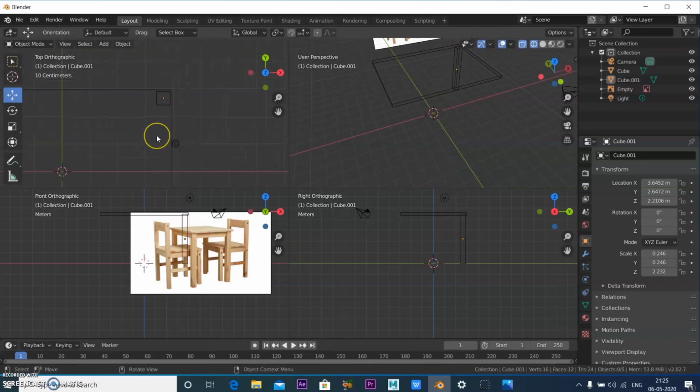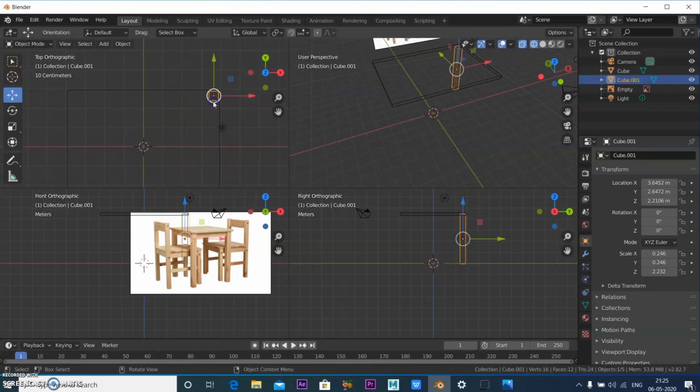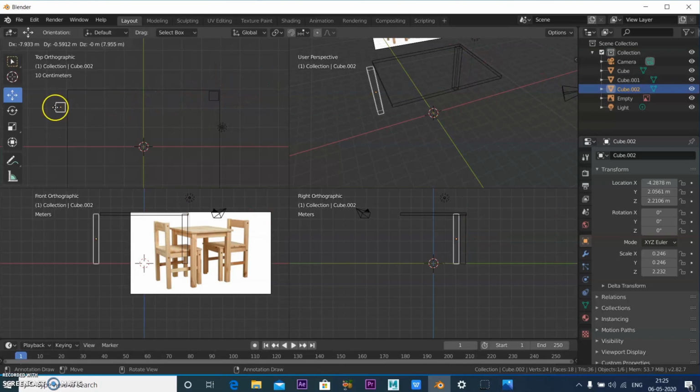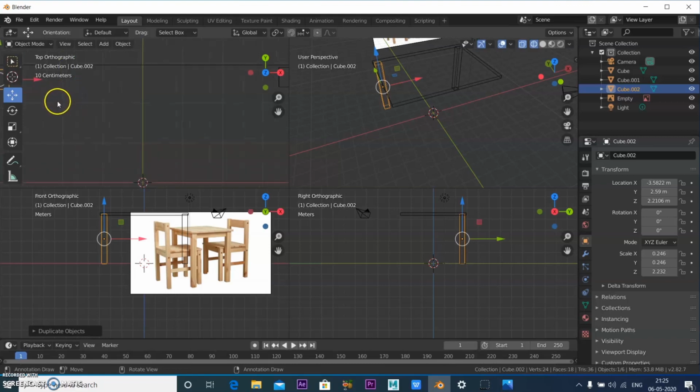Now you can duplicate this leg. To duplicate the leg, press Shift D on the keyboard, and I can move it to this side. Just zoom in and hold it.